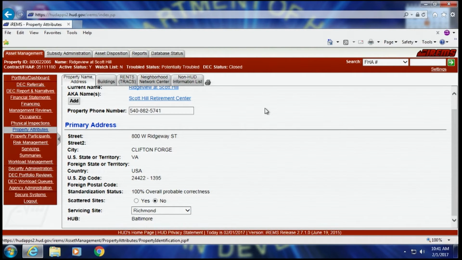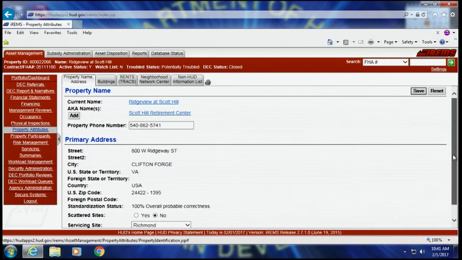This is where the primary address will appear. This is available for you to edit if necessary, and of course you can also change the AKA name.